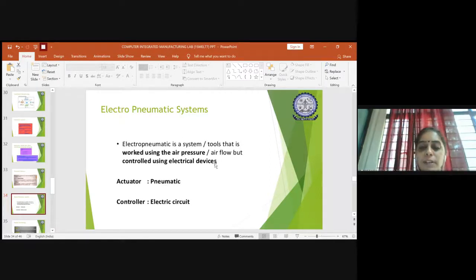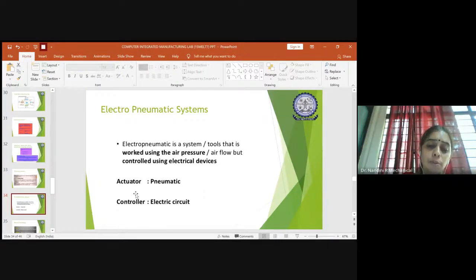Okay, I'm sorry. So this electro-pneumatic system will have some part of actuator and some part of controller. The actuator will help in actuating the activities, right? It will sense, and as per that it provides a decision on what has to be done.